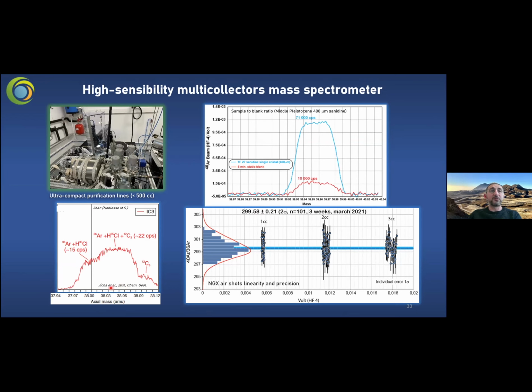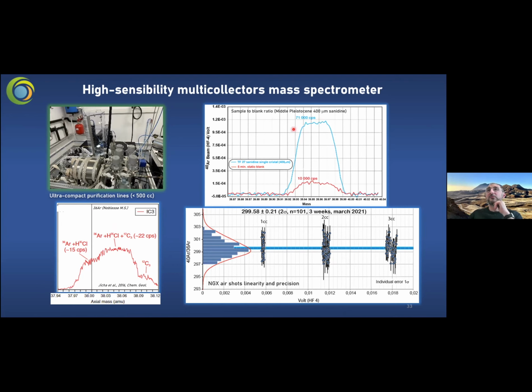This is an example of the way some isotopes can affect the concentration of 36. This is an example that I took in Gisha, where you see the 36 peak, which is not made only of argon, but of other species. A high-resolution mass spectrometer with power of separation between the masses could allow you to reduce the impact of this contaminant on your 36 measurement. And as I showed you, the 36 measurement is the main problem for our precision.